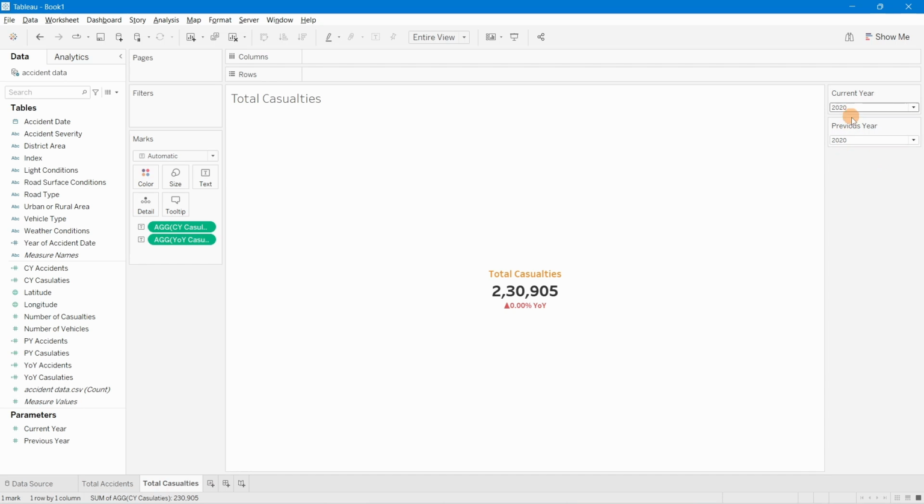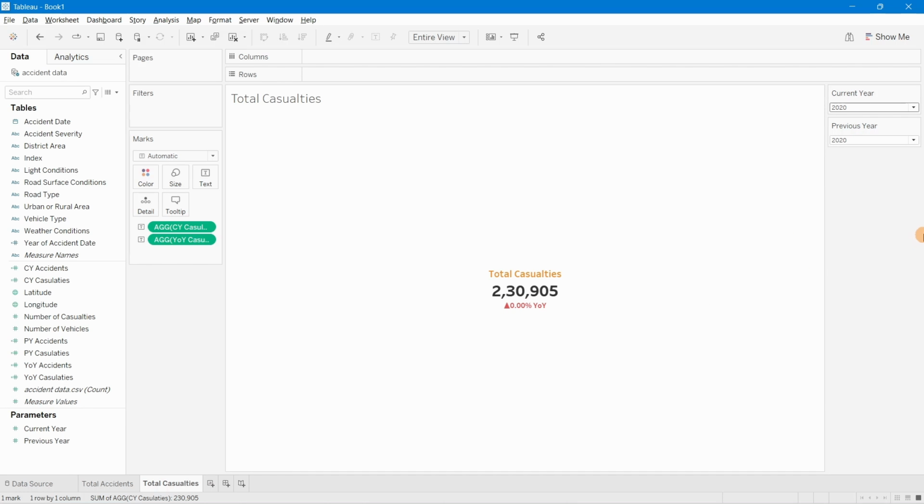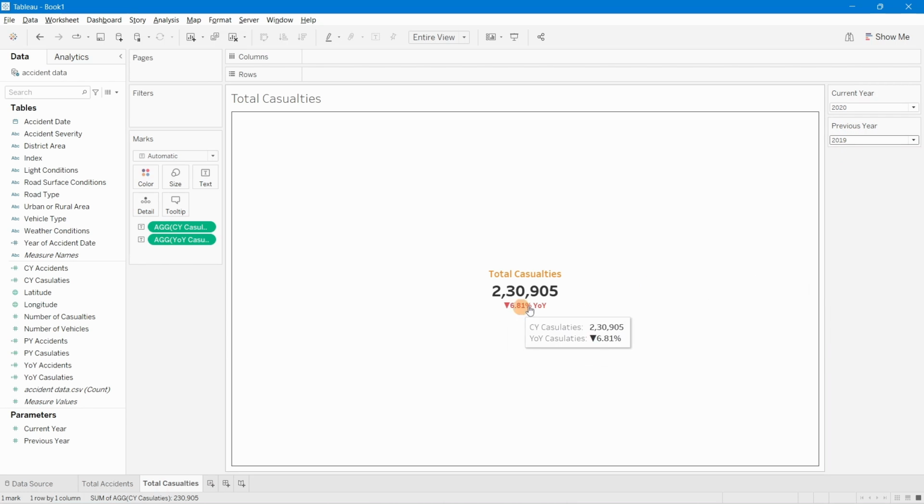So now see, if the current year and previous year are the same, you will get 0% year on year increase. Why? Because you are choosing the current year and previous year as the same, so growth is not there, because as per our formula everything will be 0. Perfect. So if you change it, let's say you want to compare it to 2019, you can see the value